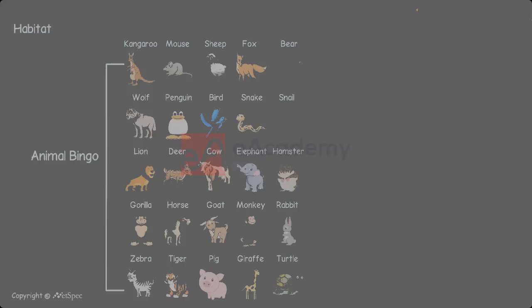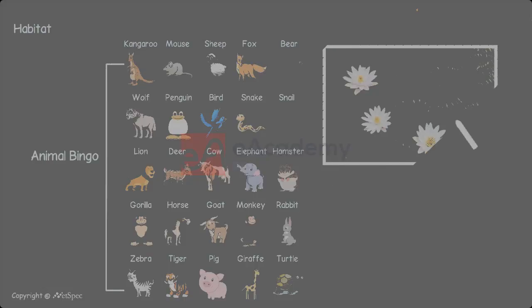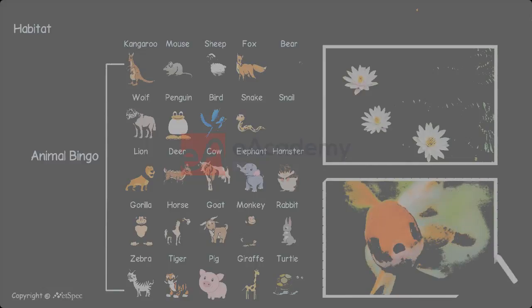These are some of the organisms living on the land or inside the land. Now you can see the plant here, which is lotus, living on the surface of water, whereas this is a fish which is living inside water. Therefore, there are different types of organisms which live in different places, like on the land, inside the land, in the water or on the surface of water.